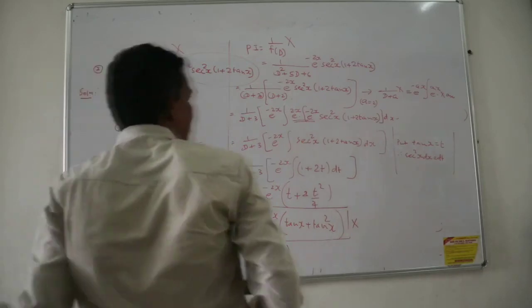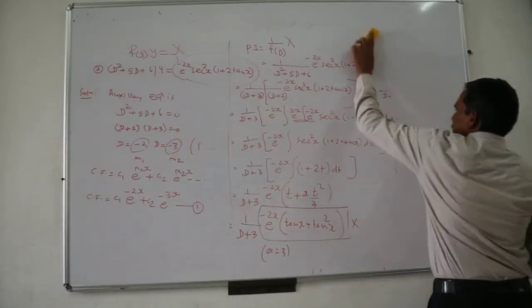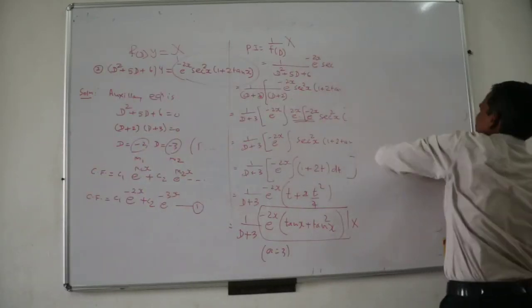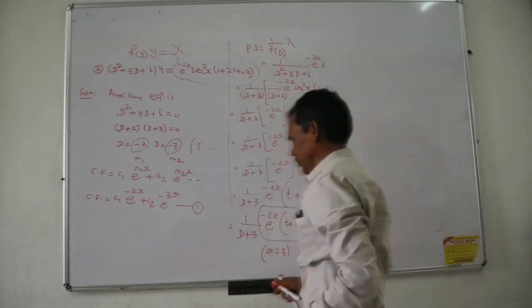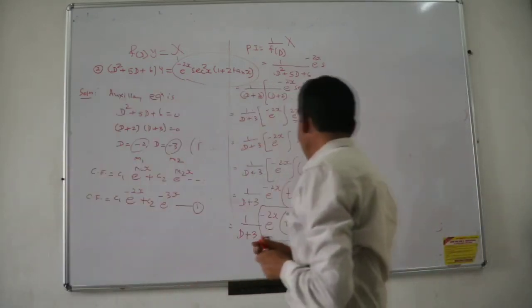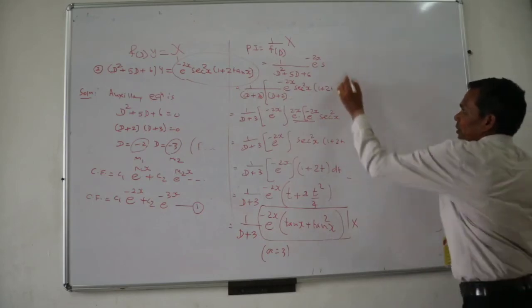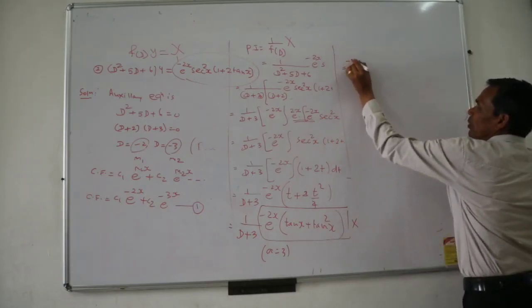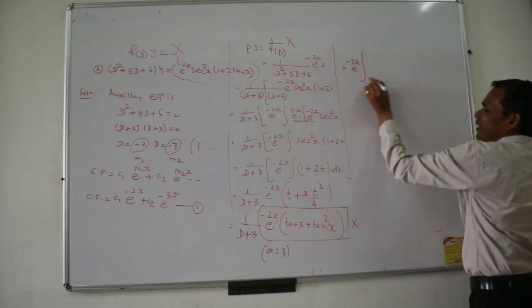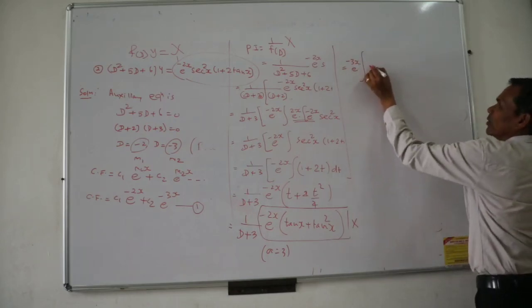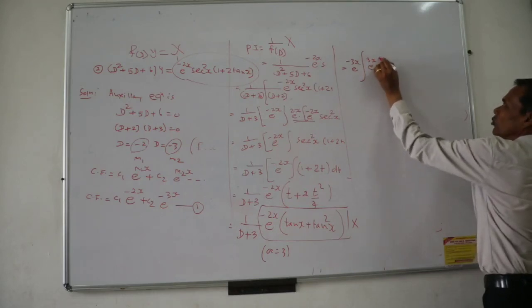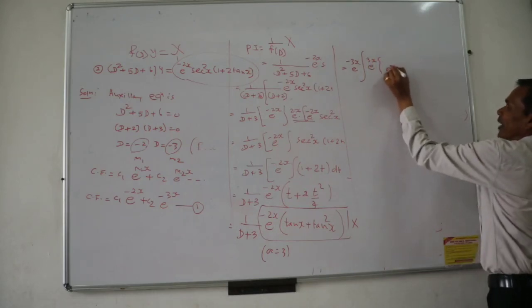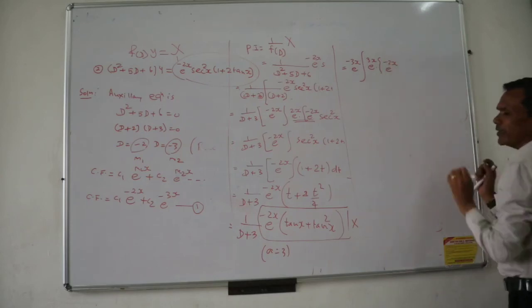Now I take this 1 upon D plus 3, and see what is happening here. Using the general formula, this is equal to e to the power minus 3x integration e to the power 3x into capital X. Capital X would be e to the power minus 2x, that I have bracketed here,